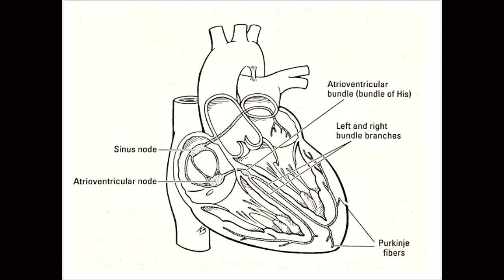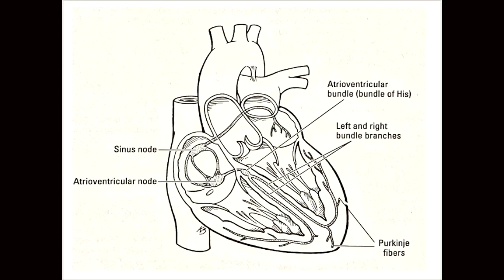Well, now if you move on to the AV node, it is a similar small mass of tissue which is located in the right atrium, but near the septum that divides the right and left atria from the ventricles. What is the function of the AV node? Its function is to relay the impulses it receives from the SA node to the next part of the conduction system. And what is the next part of the conduction system? You know, it is the AV bundle.